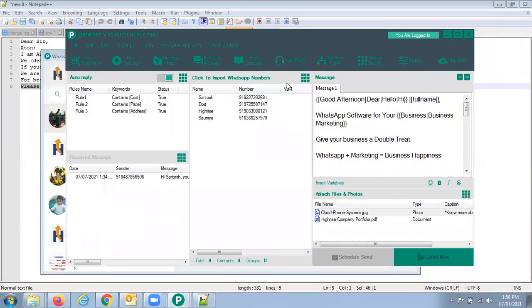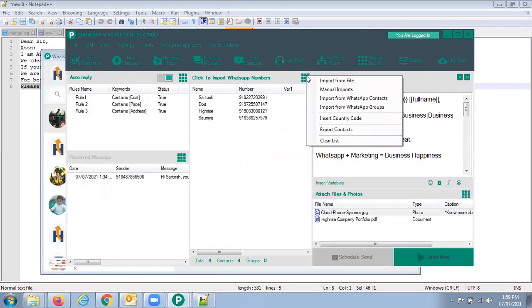You see, if we talk about the import numbers, there are various options available. If you are connected with your mobile, you can import WhatsApp contacts. So all the contacts in your mobile phone will be imported. If you want to send any wishes, like there are various festivals in the country, suppose you want to wish them, it is very difficult to wish every member of my contact list. Nobody does that.